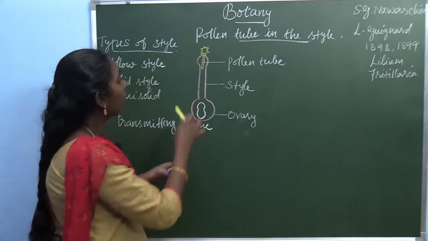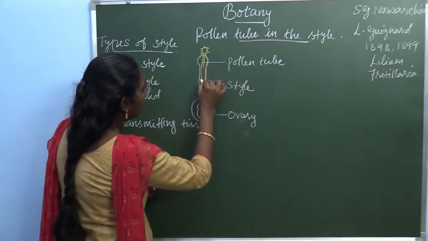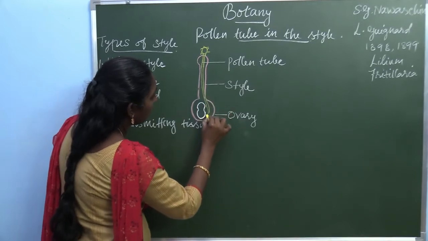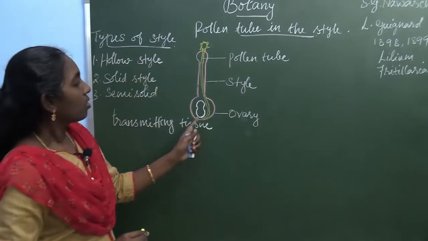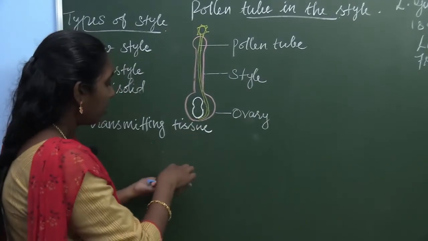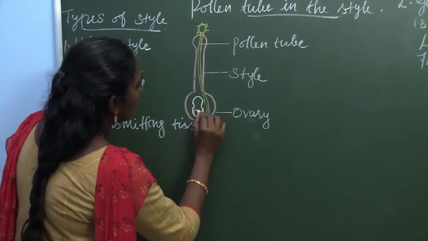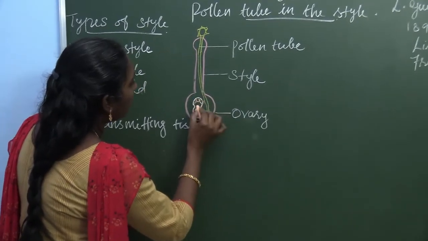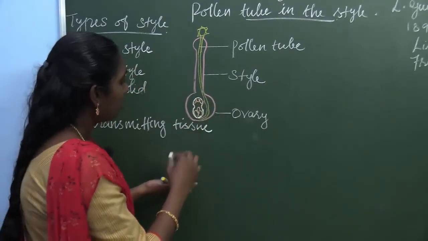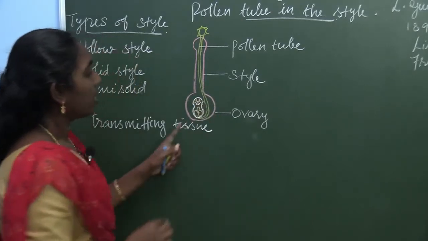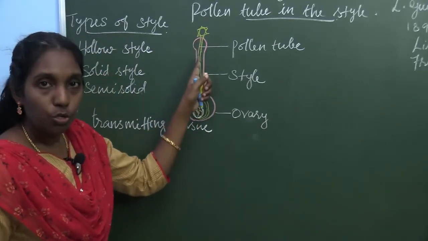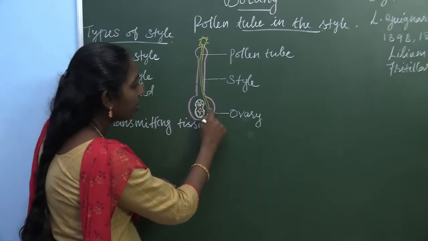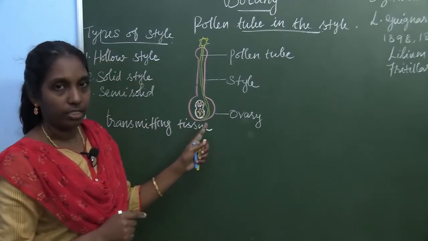So, it has to elongate. It elongates and enters inside. So, inner to this, there are synergids, antipodals and the polar nuclei. So, this pollen tube, when it travels along the stylar region and the ovary and towards the micropylar region,